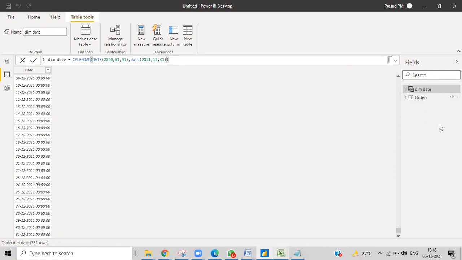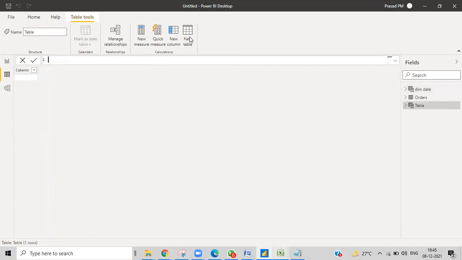That is another function that we have. I'll just show you how we can create that. Create a new table. I'll make a calendar auto table. Auto is my table name, and then I'll use calendar auto. I don't want to give anything, so I'll close this one. Then just check out what it does.